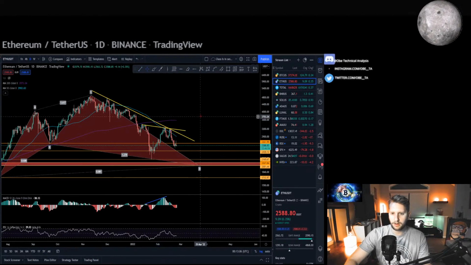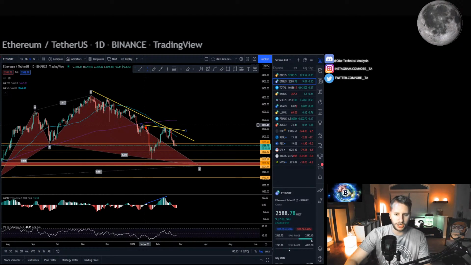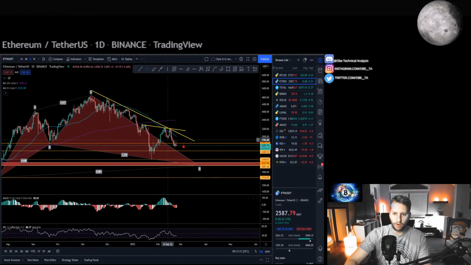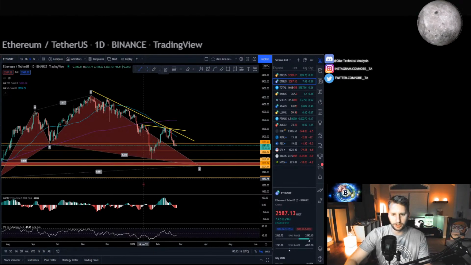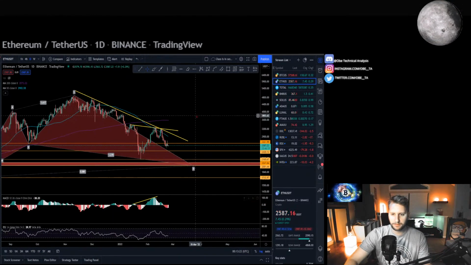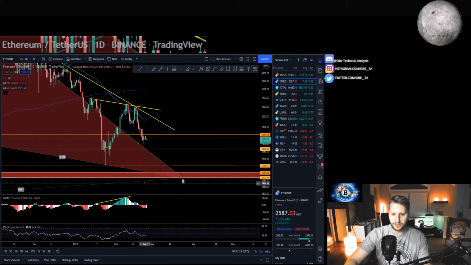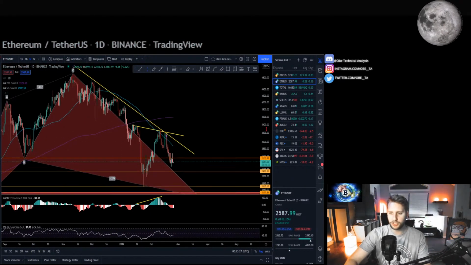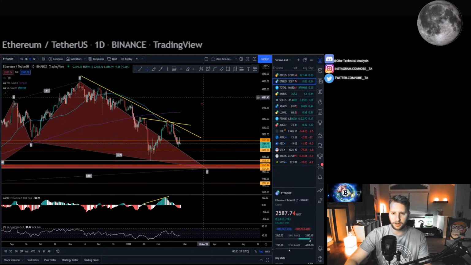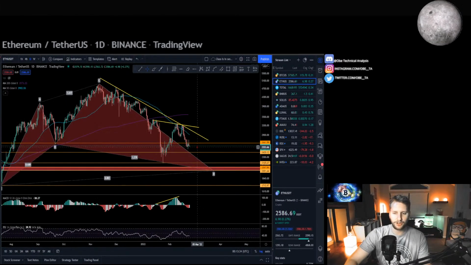Unlike Bitcoin, Ethereum never got back above its high from January 16th, which it needed to do to wipe out the argument for hidden bearish divergence. It did not do that. It completely sold off, went negative in momentum, and essentially confirmed the continuation of the downtrend on a daily timescale. And when you confirm the continuation of the downtrend, oftentimes you need to make a lower low than the low that ushered in the divergence.